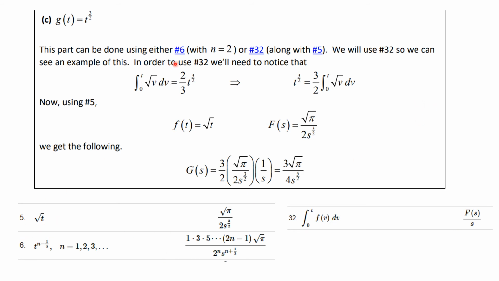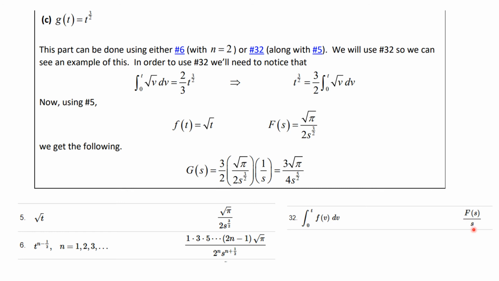So in order to use 32, we need to notice that if you integrate from 0 to t the square root of v dv, we're going to have t raised to the 3/2 divided by the new exponent, which is going to be 2/3 when you bring it up to the numerator, minus, and then when you put 0 in, you're going to have 0. So we have that. That means if we solved for this, we would have t to the 3/2 is 3/2 times this integral. But you see this integral, when you take the transform, is just F of s